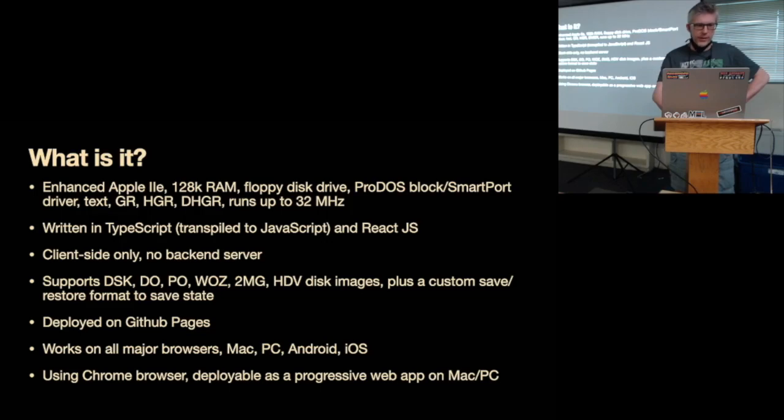So, what is it? It's an enhanced Apple IIe. It has 128K RAM. I won't read all this. It basically has all the features of an Apple IIe, and since it's running in the browser, you obviously can get whatever speed your computer is capable of. I just have a little note there on my MacBook, running in Chrome. If I turn off the throttling, the 1 megahertz, I can get it to run up to 32 megahertz in terms of speed. Not that that's kind of ridiculous at that speed, but